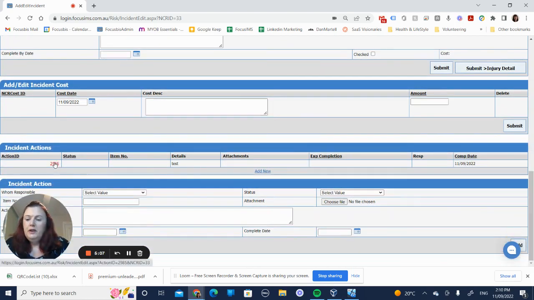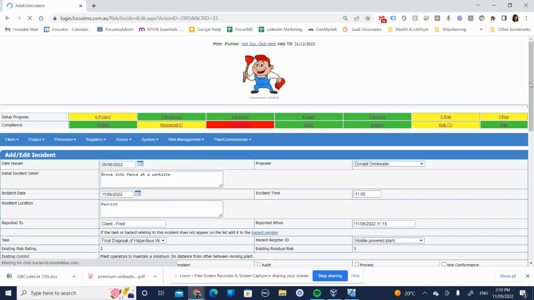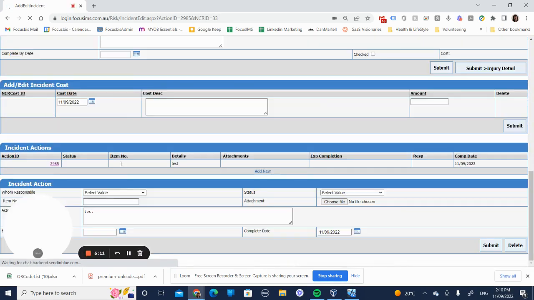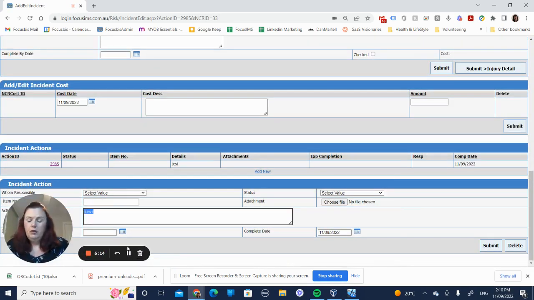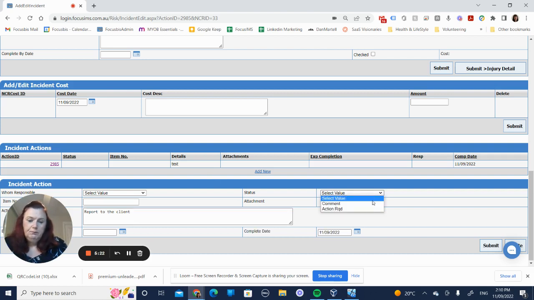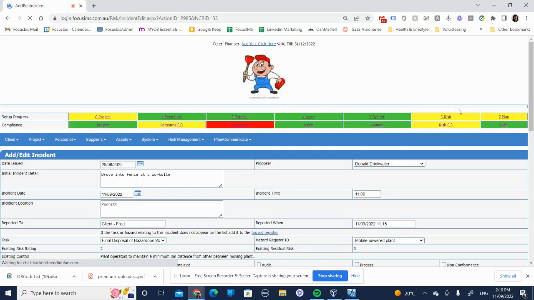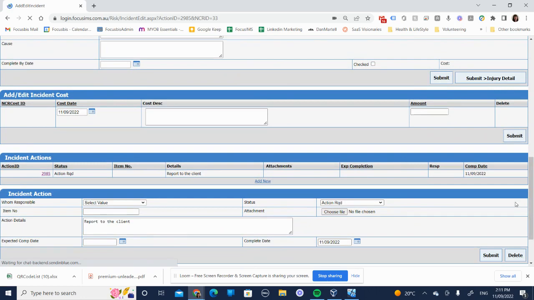Then we go through and we add the actions. So in this case, it's happened on a customer's property. We'll report it to the client. So there's an action required there, and that was actually done on the day. We might have another action to